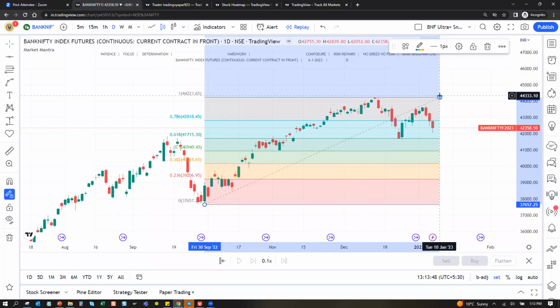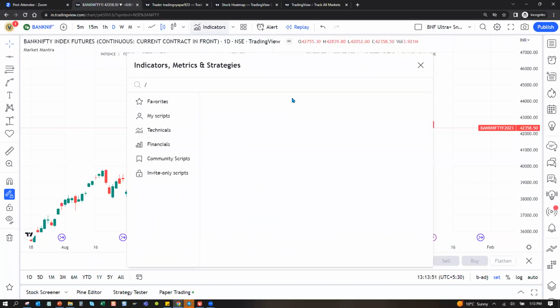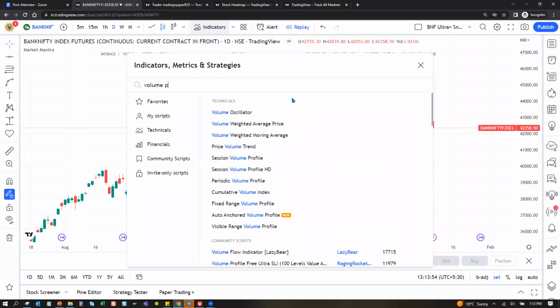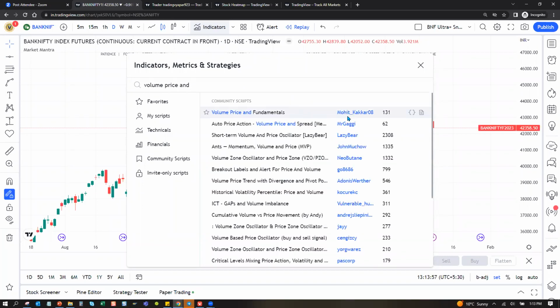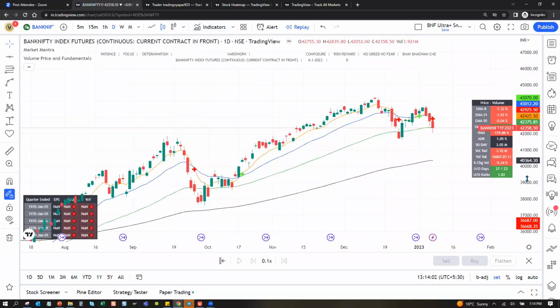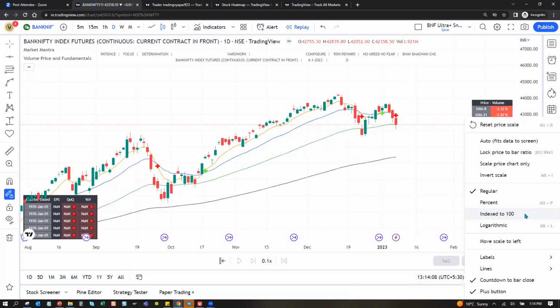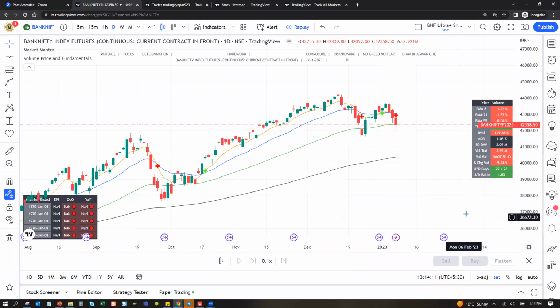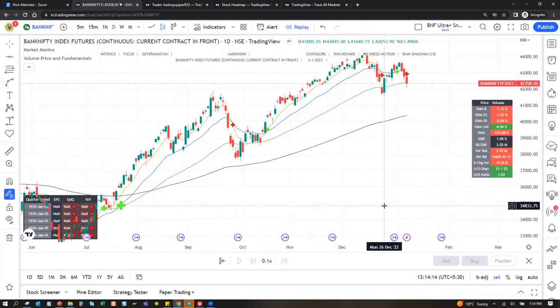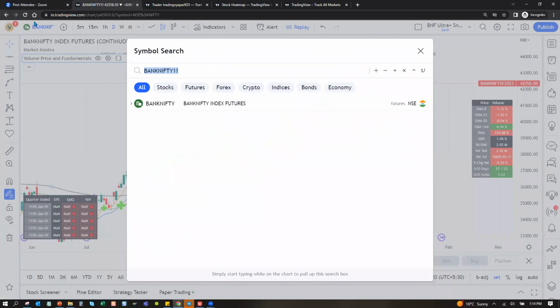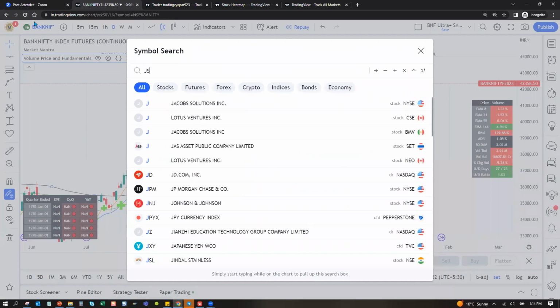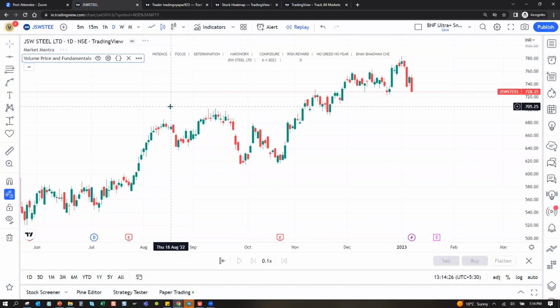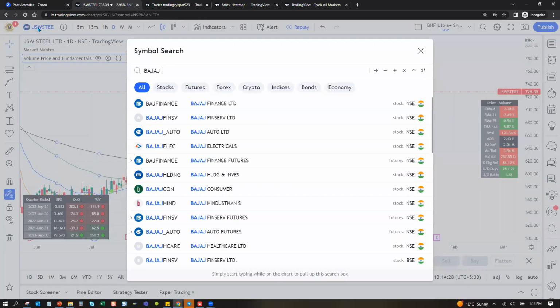Okay, so this I just very quickly now show on Tradingview how you find it, like volume, price, and so this is here you find it. You can mark it as favorite if you feel like. So यहाँ पे ये आ गया. Let me just remove these labels. Let's do this. So you can see, so इसका तो Bank Nifty का there is no fundamental, this is index, right? So let's pick anyone, JSW, Steel, okay. Let's do Bajaj Finance, talk of the town.